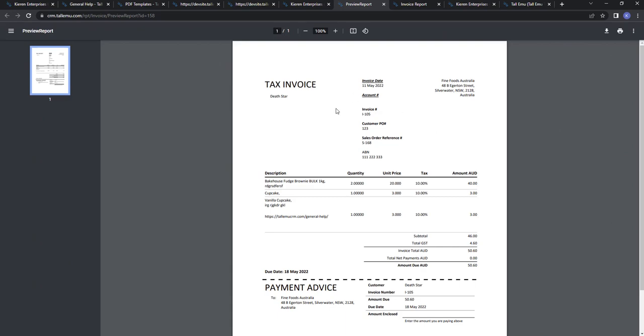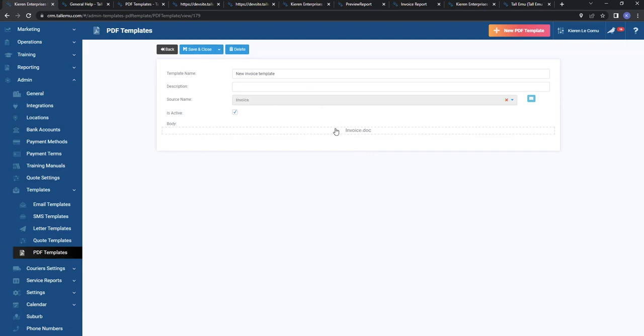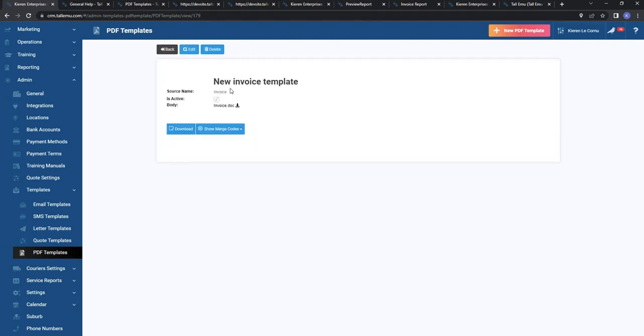in here. So I can basically go, okay, I'm happy with that, and I would like to make that my default template, or I need to make some changes to it. If you want to make some changes, what you can do is open the Word document that you were working with and make changes to it. So add and remove merge codes and alter the formatting as we looked at before, and then come in here to PDF templates, edit it, and then re-upload your new version into the system. Save and close, check it again, and then once you're happy with it, we'll look at how we make that